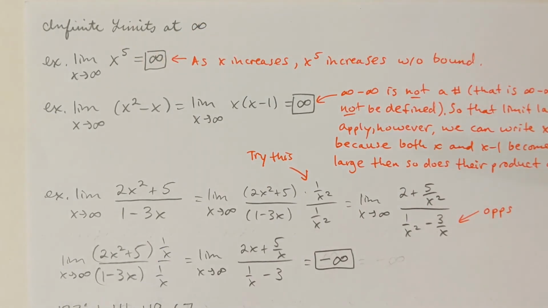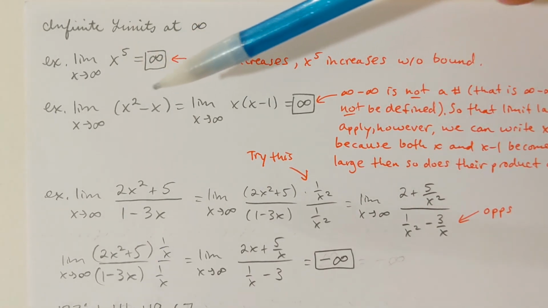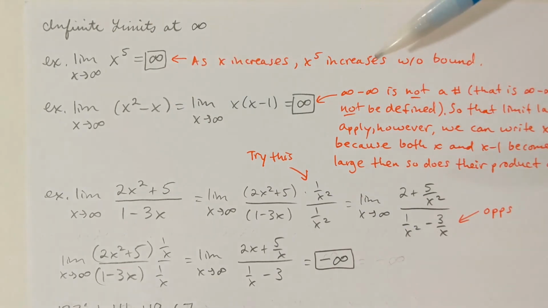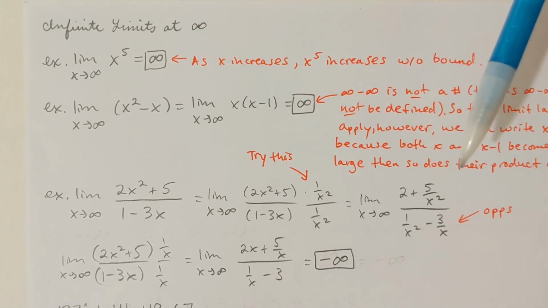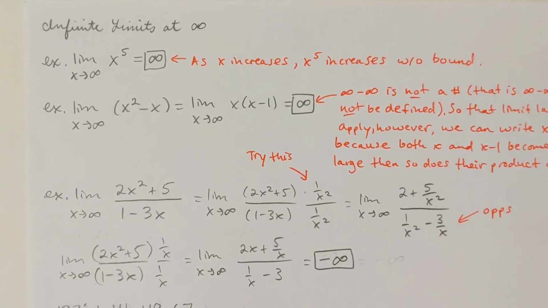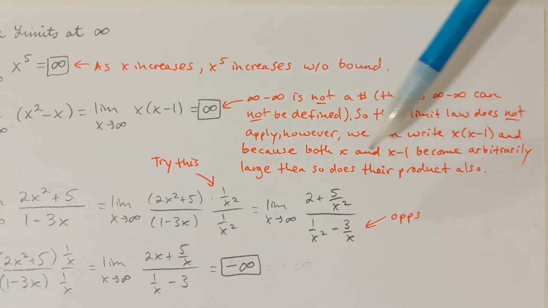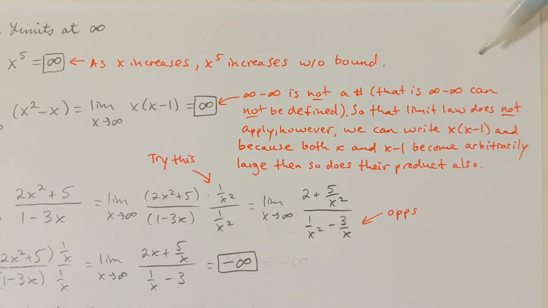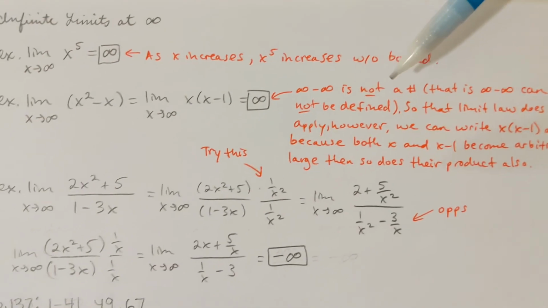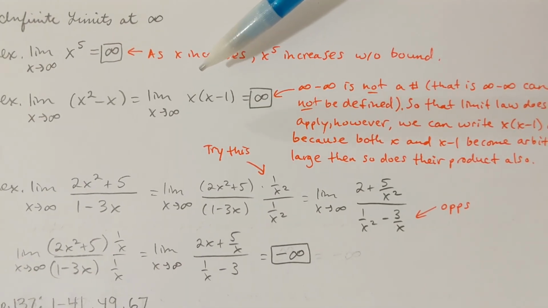How about this next example? What if we had the limit as x approaches infinity of x squared minus x? Well, I would not want to think of this as infinity minus infinity is 0. That's an oops, and some students will want to do that. Okay, don't do that. You've missed the idea of infinity. Okay, infinity is not a number. I've got that mentioned over here. So infinity minus infinity cannot be defined. Okay. Now, what we would want to do